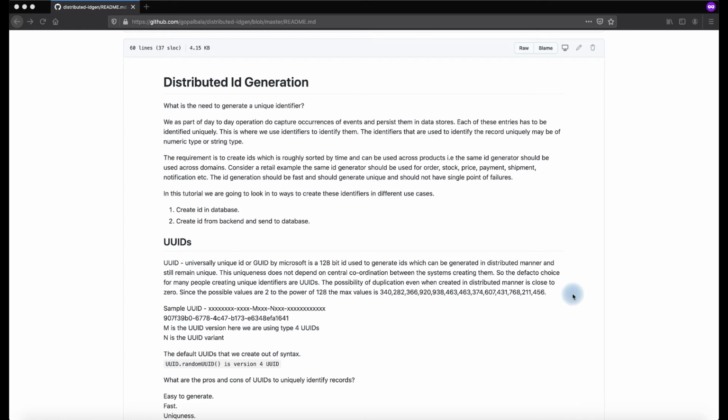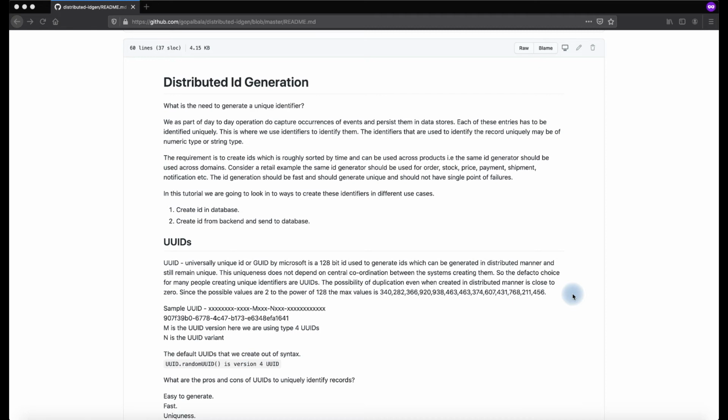So every event or domain entity that we are capturing as part of a business transaction or any other thing has to be identified by a particular identifier so that we may go and fetch the particular record with the identifier that is generated. So that is the need of ID, right? Every time we have to persist a record, we need to persist it with a unique identifier. So there is a need for us to generate a unique identifier. That is part of the problem statement.